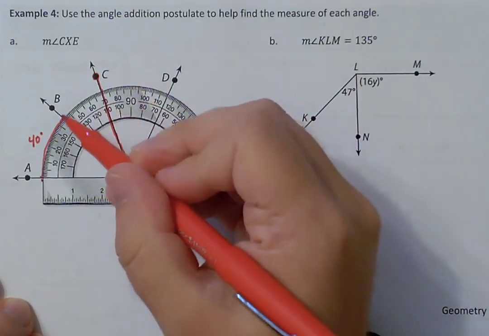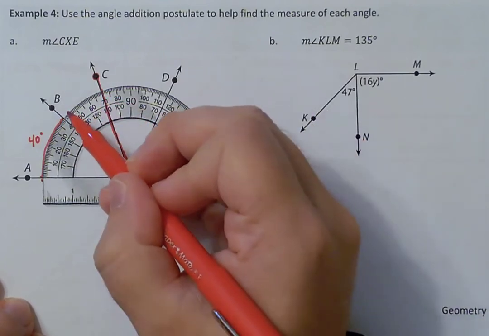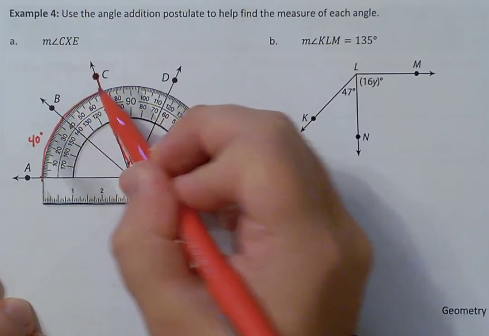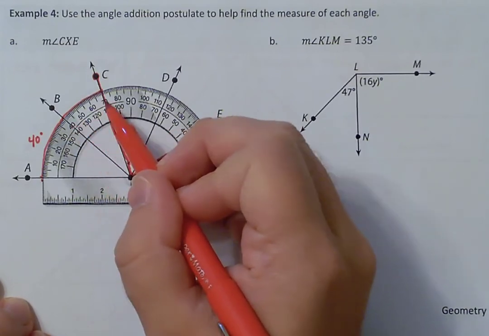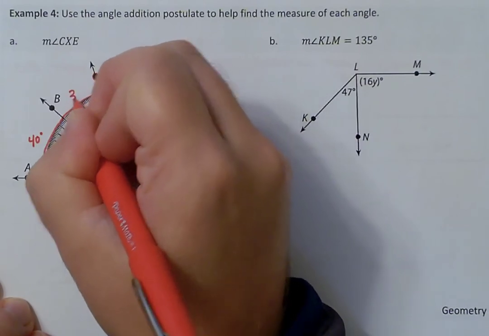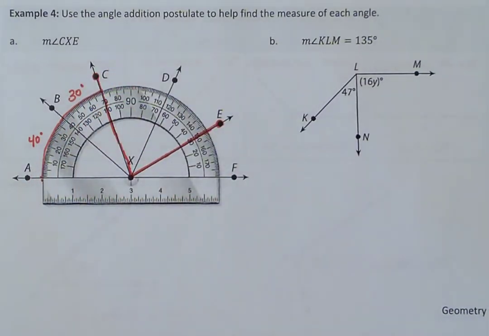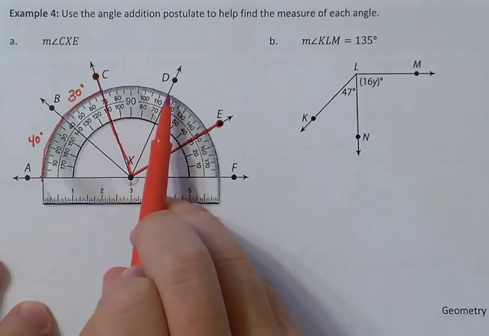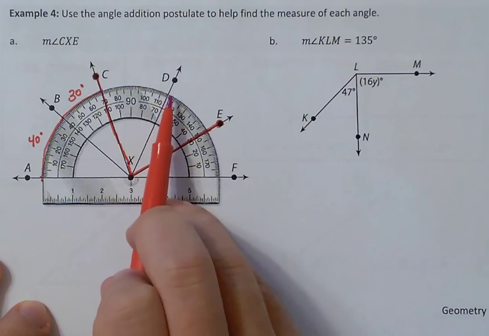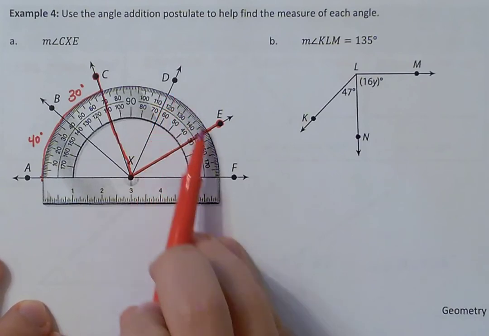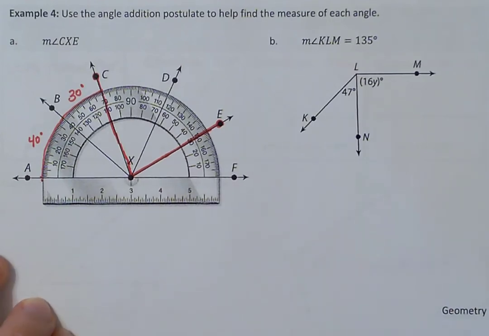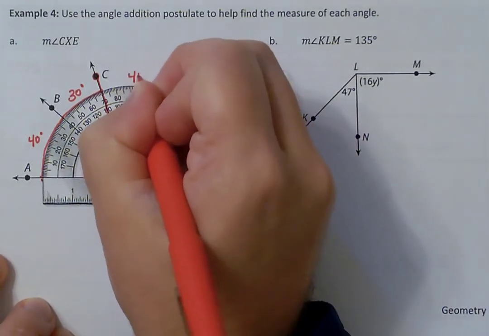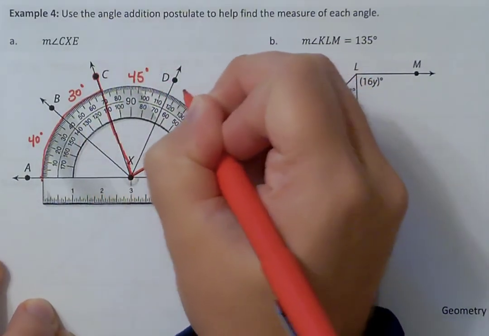If I continue on to the next one for BXC, it goes from 40 to 70. The amount we've increased to get from 40 to 70 is going to be 30. Now, you would apply that idea as we move around: how much we go from 70 to 110, and then, not 110, 115, and then 115 to 150, and then 150 to 180. To expedite this process, the measure of these angles is 45,